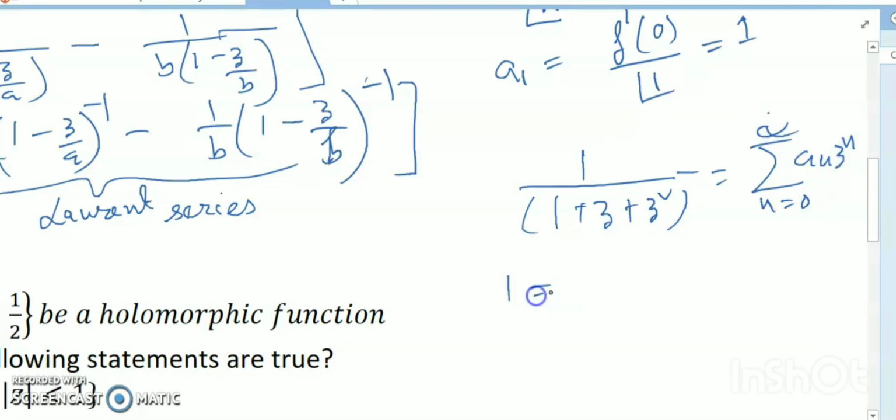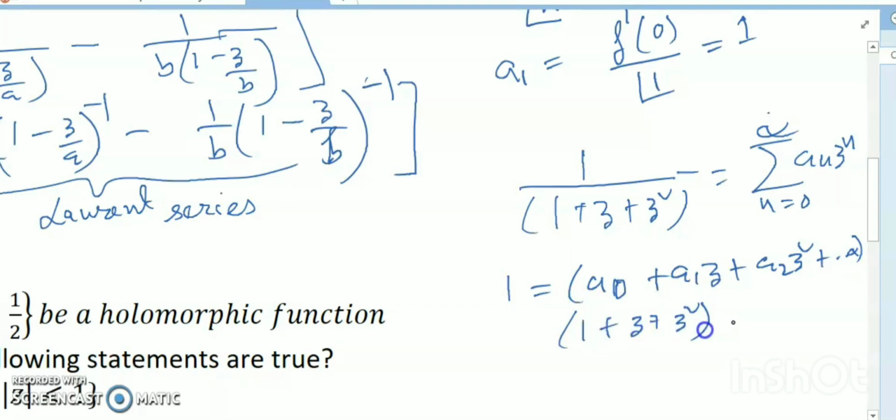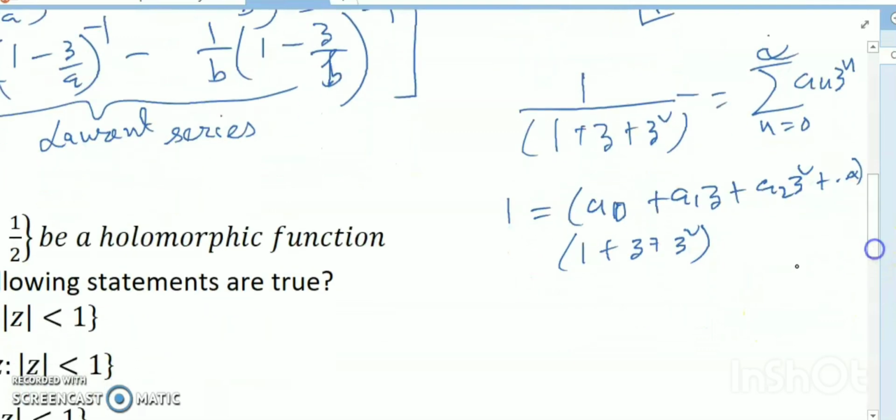So 1 is equal to a0 plus a1z plus a2z square and so on up to infinity, multiplied by 1 plus z square. So when I multiply, we can check a0 is equal to 1,